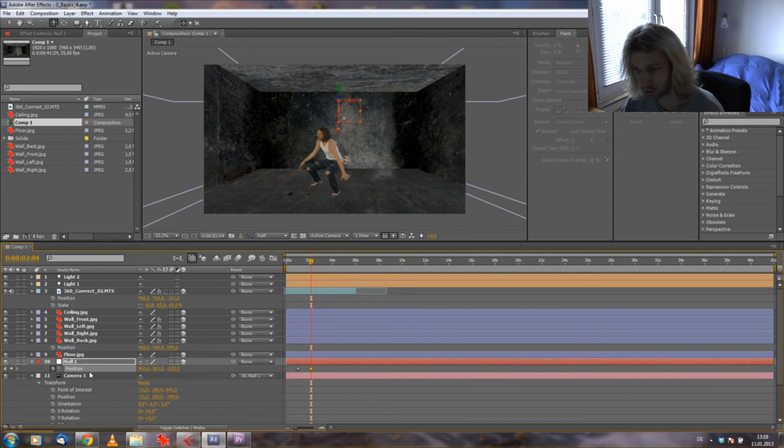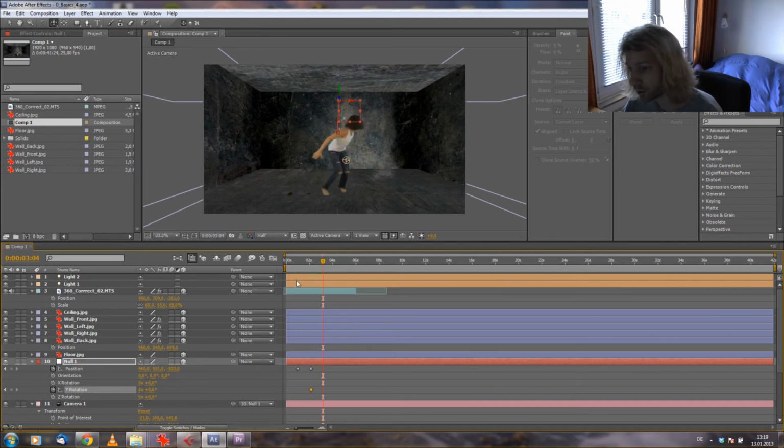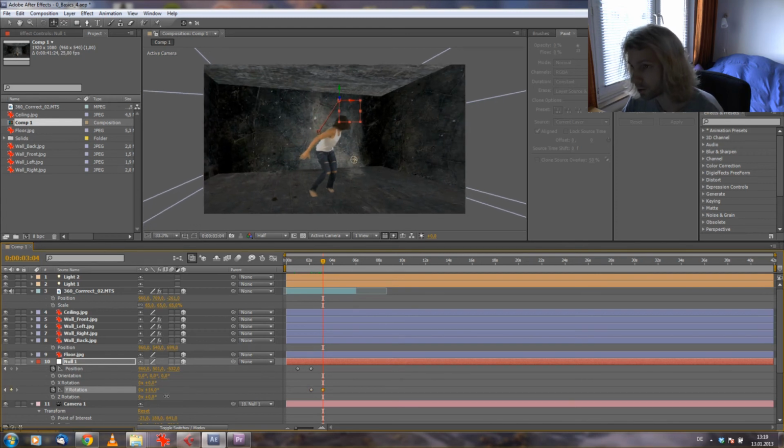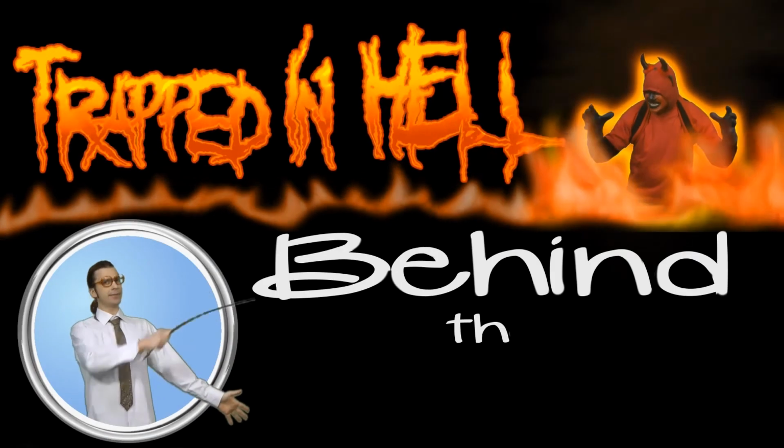So this is what happens here. Okay, the next thing that happens in the video is actually the rotation of the camera. So we hit Shift R and we make a keyframe for the Y rotation, and we would want the rotation to be to this point. But as you see, if I start rotating, it becomes obvious that we have a two-dimensional object here. So that is our first problem, and we'll have a look at this in scene number 1. So these were the basics in After Effects, and now to the video. Behind the scenes, behind